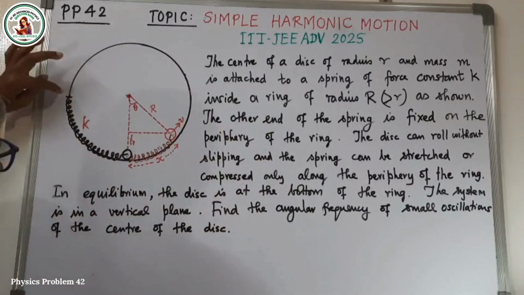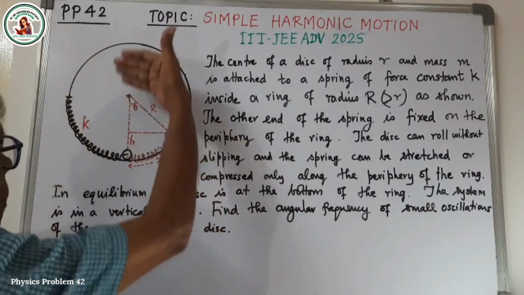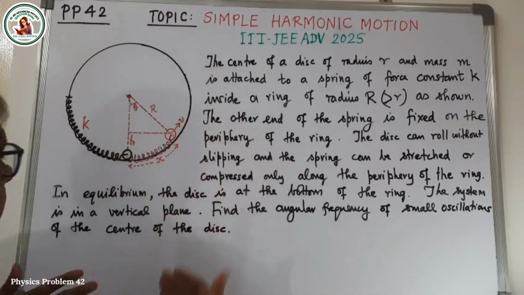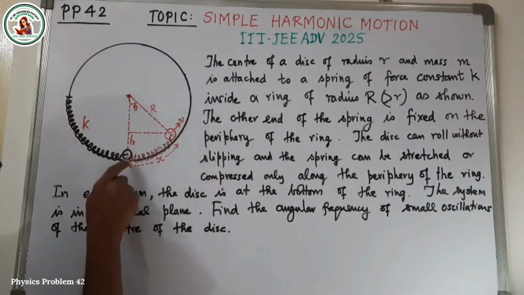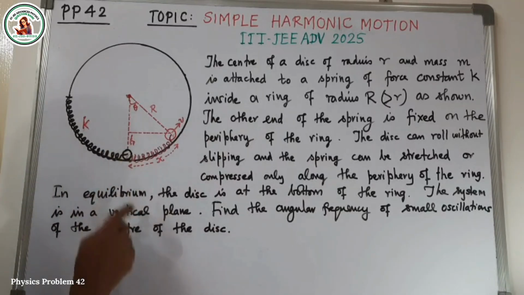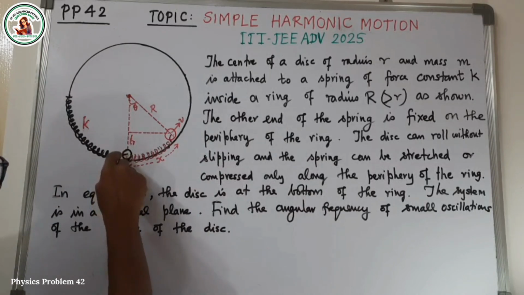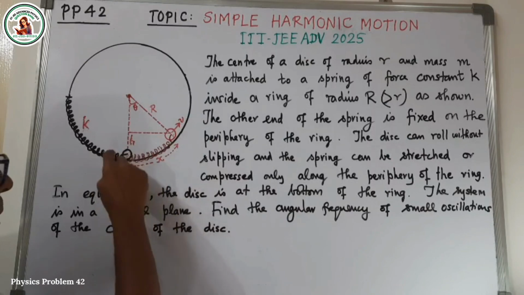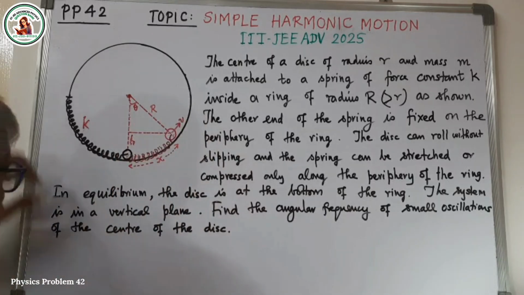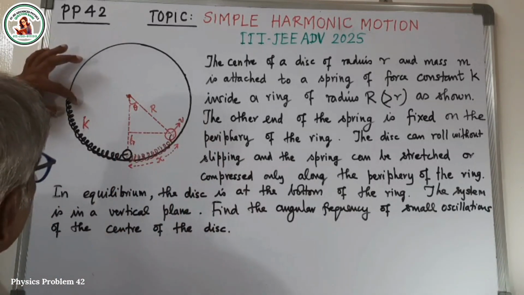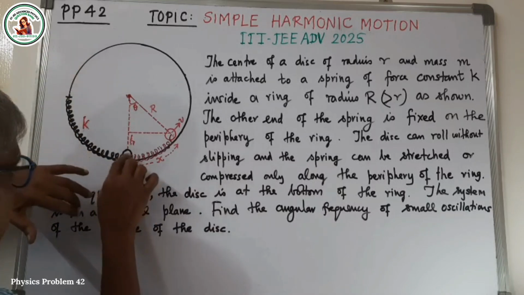There's a spring whose one end is fixed on a circular ring. The whole system is in the vertical plane. One end is fixed, the other end is attached to a disc. The disc can roll without slipping on the edge of this ring surface. The spring is coiled through the ring so that when the disc moves,